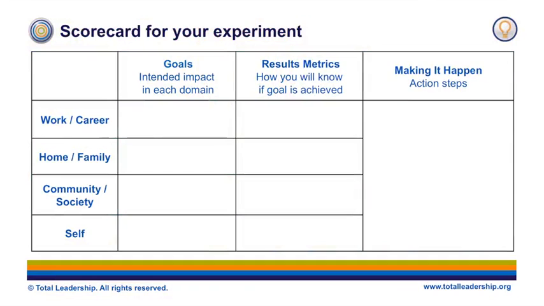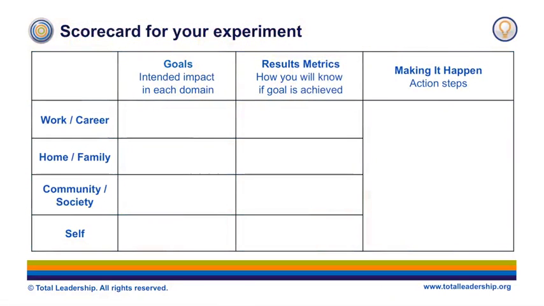Be sure you have at least one result metric for each goal. And it's often helpful to have more than one metric for a particular goal, but you don't have to. All you need is one good one. But having more allows you to identify more reliably where you're succeeding and where you're falling short, and thereby better inform where to allocate more or less of your effort and your attention.